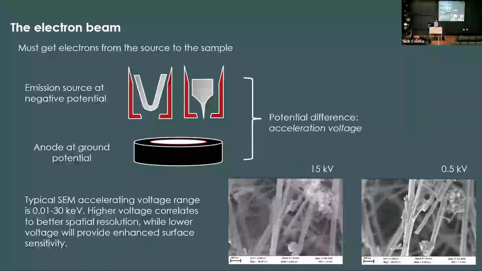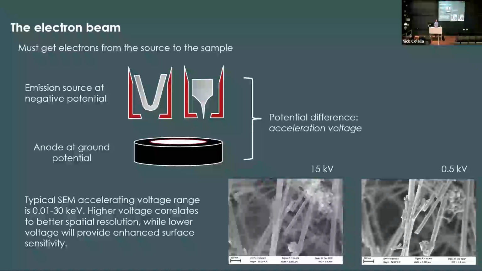No matter what type of source material we have or source heating we have, we're then going to apply an accelerating voltage to turn those electrons into a beam. So just below the tip, the filament is an anode that's held at some sort of ground potential. And then the emitter is subjected to what's called an acceleration voltage, which is the difference between the applied voltage and the ground, right? And that will stimulate the electrons that are being emitted to travel down and form our E-beam that we use for imaging.